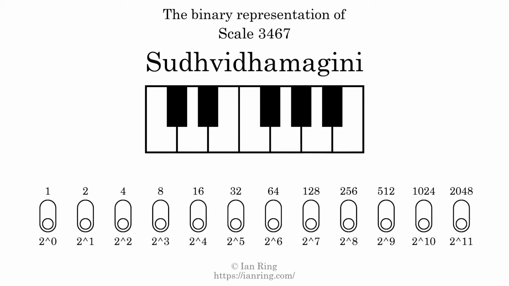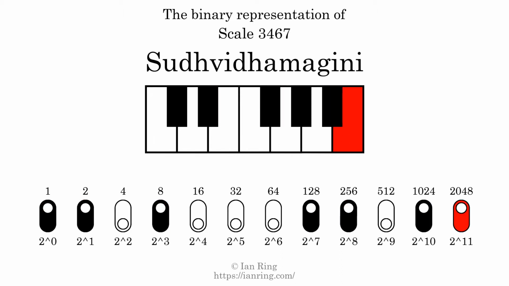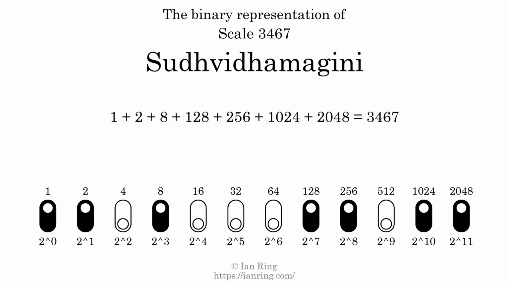The binary representation of this scale is determined by mapping tones of the scale to binary digits. Each binary digit represents a power of 2. To get the scale number, we add the powers of 2 together. The powers of 2 that are present in the scale, all added together, equals 3467. That is why the scale number, in decimal, is